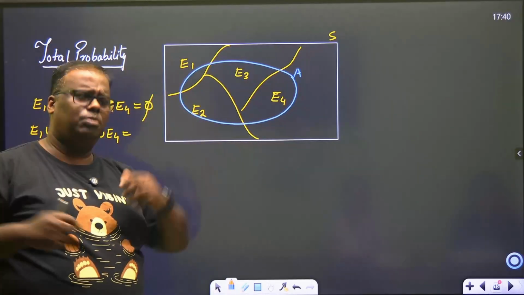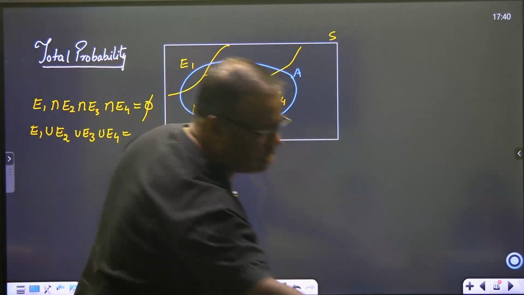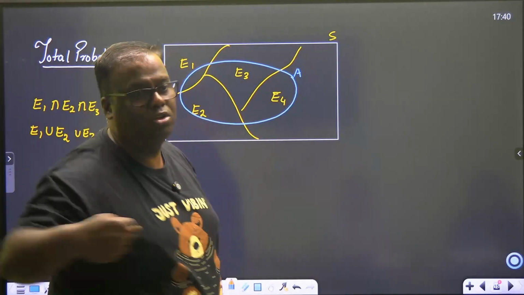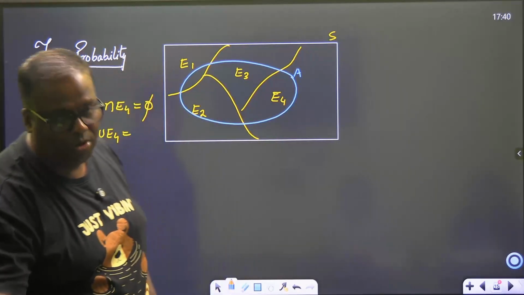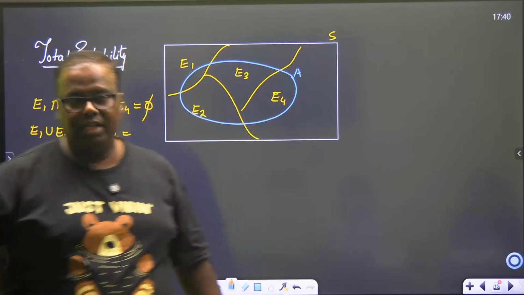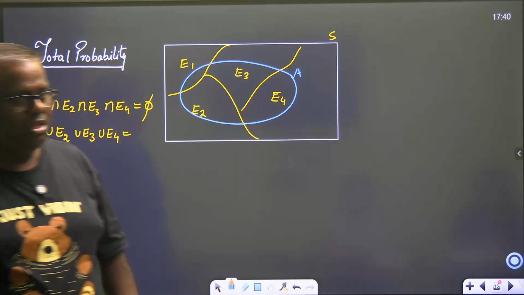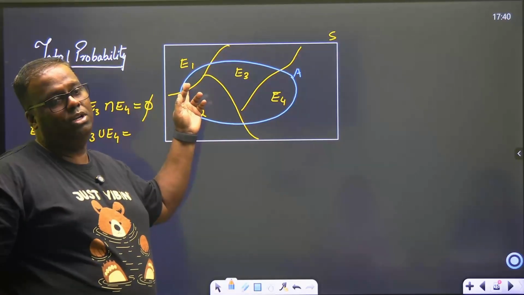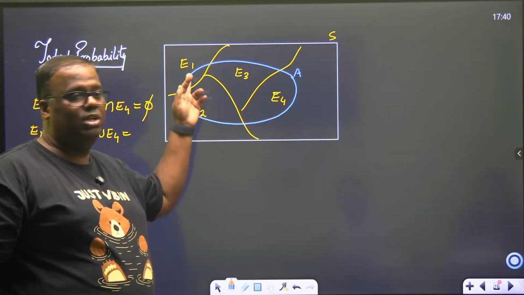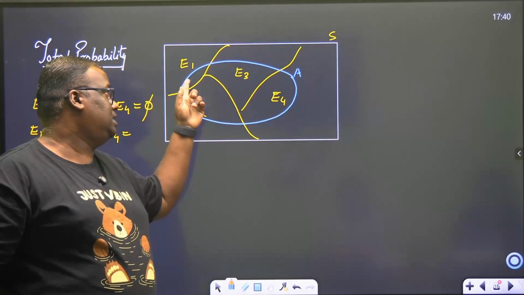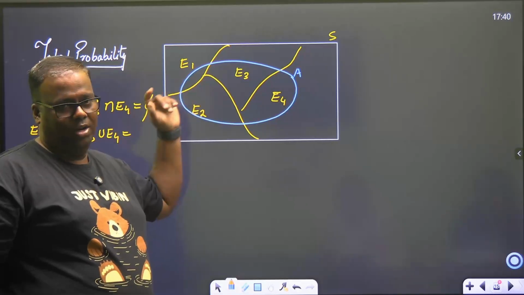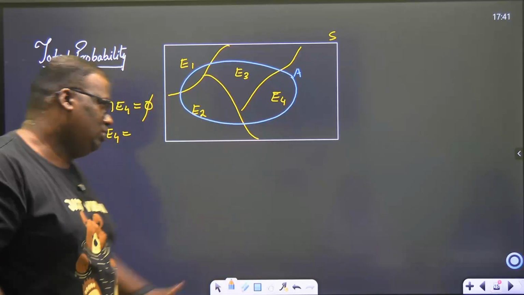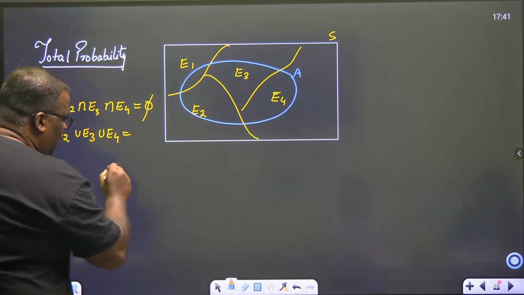You are trying to find out the occurrence of A. So A can happen from where? That I get a red ball from box 1, I get a red ball from box 2, I get a red ball from box 3, and I get a red ball from box 4. Now, when I'm seeing A coming out from E1, this is the probability of A coming out from E1. That is only this portion where A is intersecting with E1. Then A with E2, A with E3. So, if you see the total probability of A,